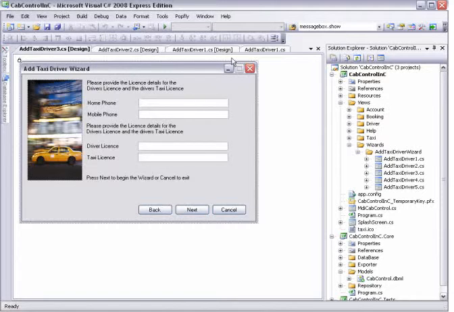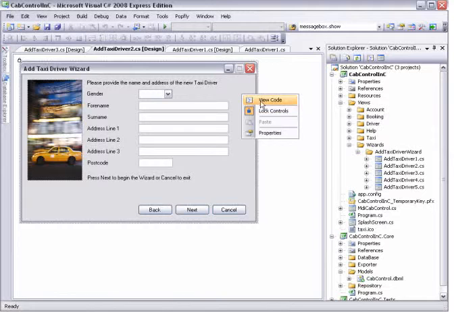And the way I've got around that is by creating a driver and a taxi object and passing them as objects as parameters into each form class. So if we look at the code,